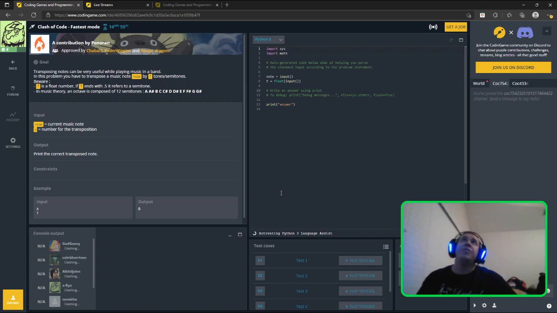In this problem, you have to transpose a musical note by T tones / semitones. Beware, T is a float number. If T ends with .5, it refers to a semitone. In music theory, an octave is composed of 12 semitones. Oh gosh, okay. Print the correct transposed note. Tones, semitone. Alright, so